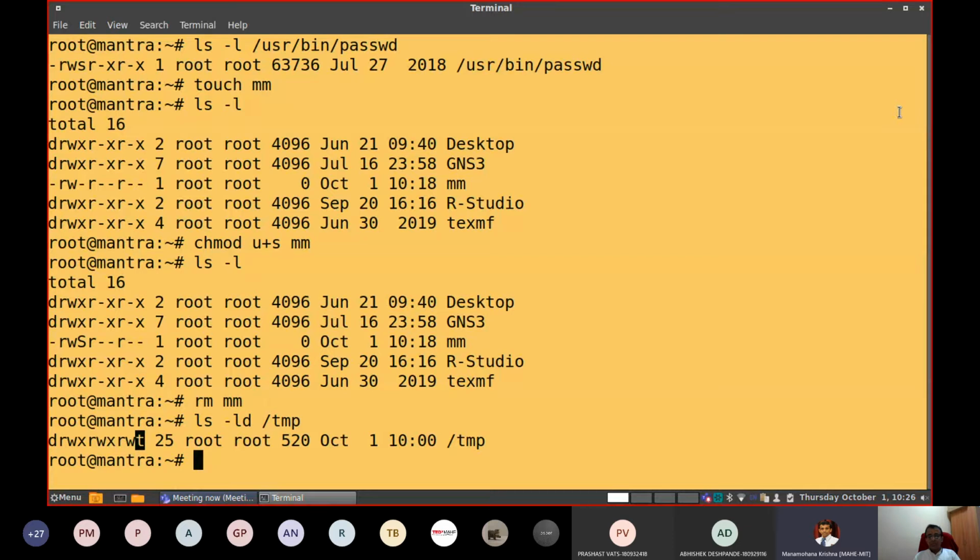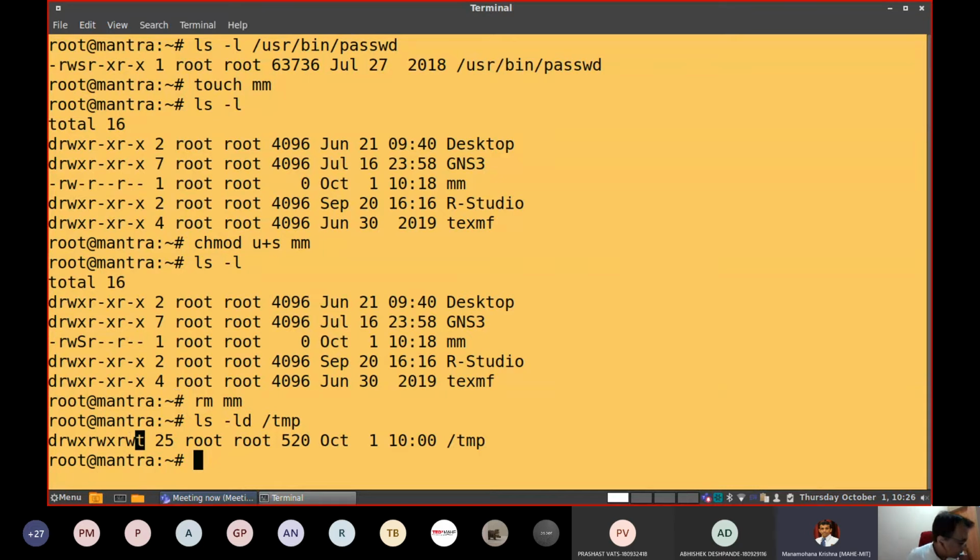So whenever you load a program once, its image will be there in the temporary folder. Again, the second time, if you want to open that program, you can get it from the tmp folder. That is made possible because this folder is set to sticky bit equal to 1.